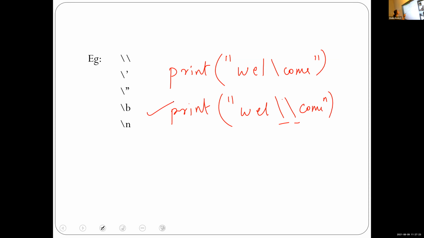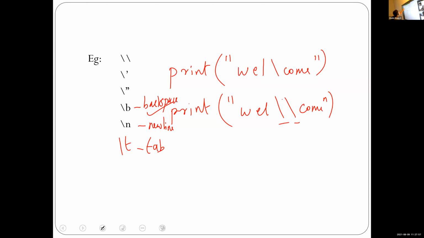Here, slash T represents tab space. Slash N represents new line. Slash B is for backspace. If I want to input a backslash in the print statement, I use two backslashes.